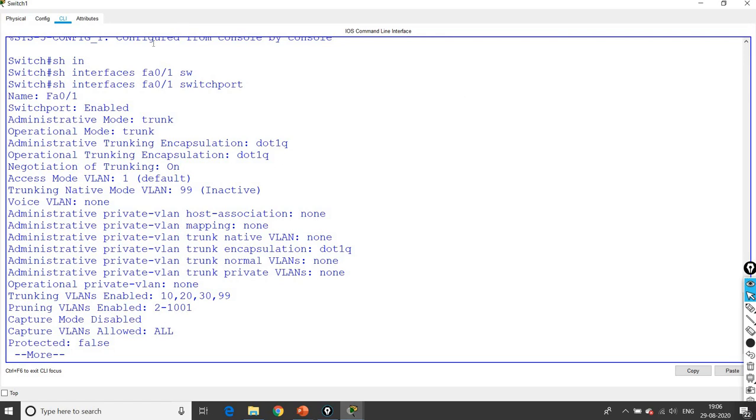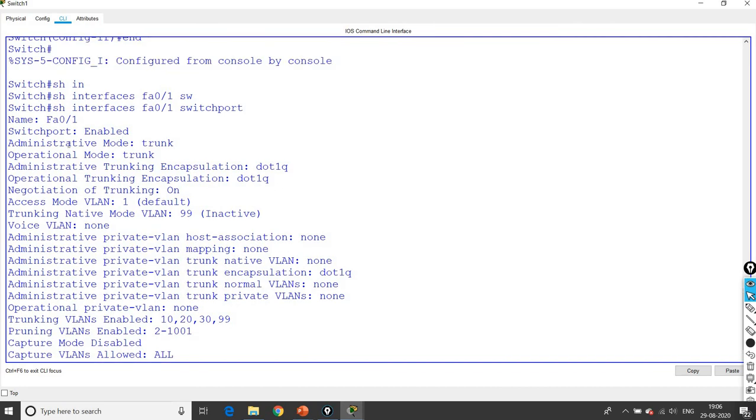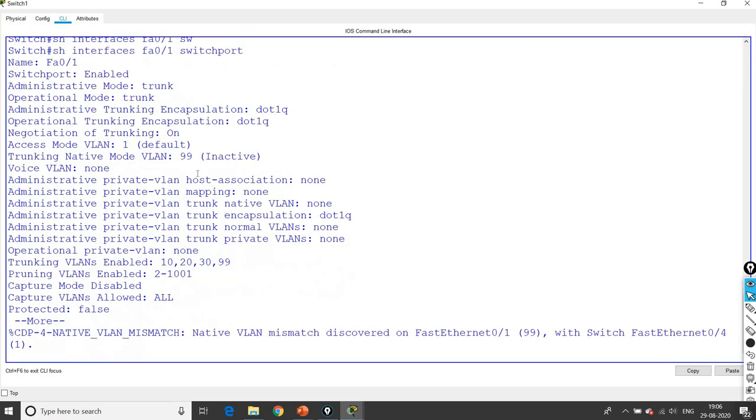The port is in trunking mode here, and switchport is enabled. Administrative mode is trunk, operational mode is trunk, administrative negotiation is none, trunk encapsulation is 802.1q, and trunking VLANs enabled are 10, 20, 30 and 99, pruning disabled, and captured VLANs allowed is all. Okay,